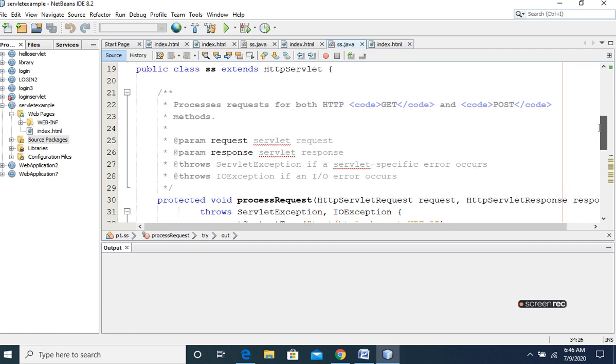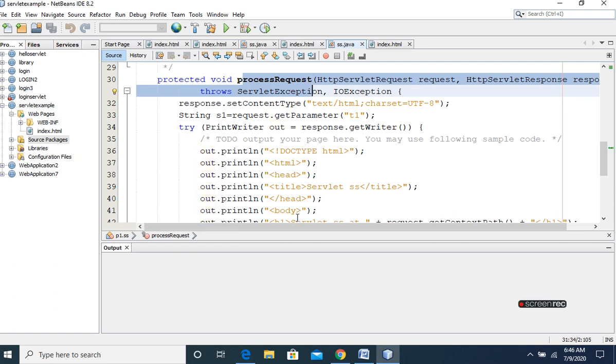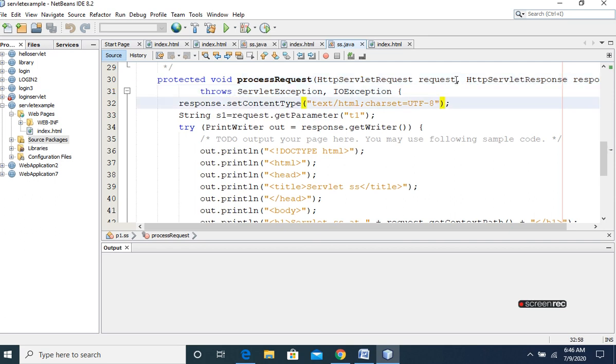In the init method, the servlet parameters are initialized, and the servlet config objects are initialized. In the service method, processRequest handles the client request as well as gives the response back to the client. There are two interfaces, the HttpServletRequest interface and the HttpServletResponse interface. We have created the objects as request and response. Using the request object, we read the request of the client. We can get the parameters from the client side. For giving the response back to the client, we use the response object.